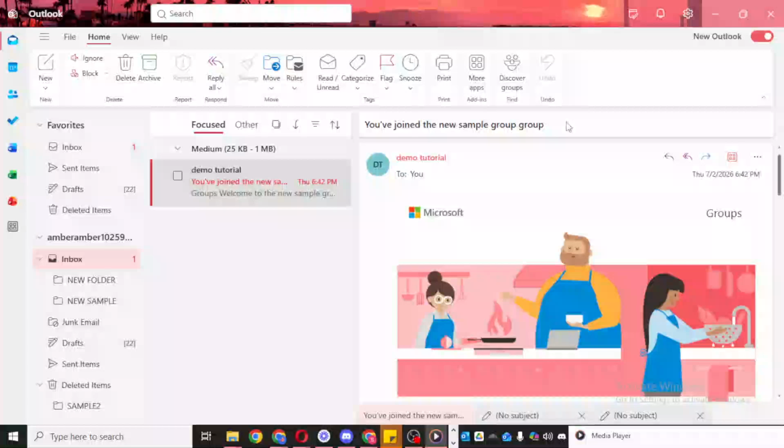In today's video, I'm going to teach you how to make a new folder in Outlook. If you want to keep your inbox organized and make it easier to find important messages later, creating folders in Outlook is a very simple and useful step. This can help you separate work emails, personal messages, receipts, projects, or any other category you want to manage more